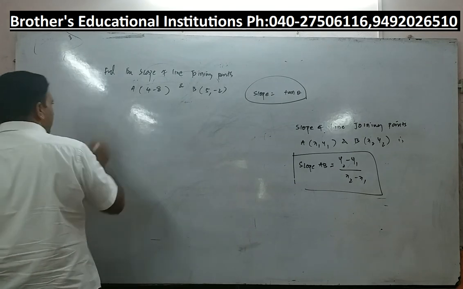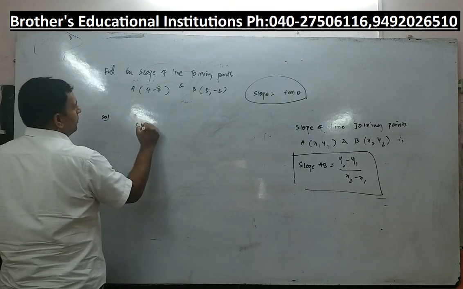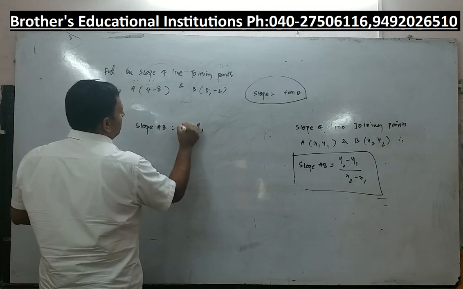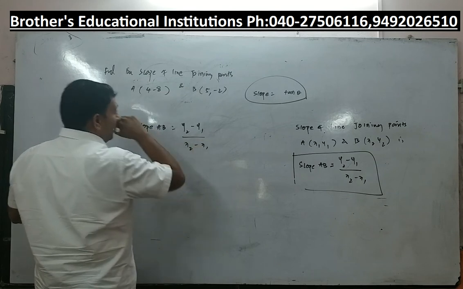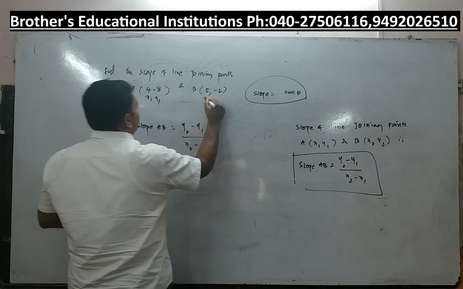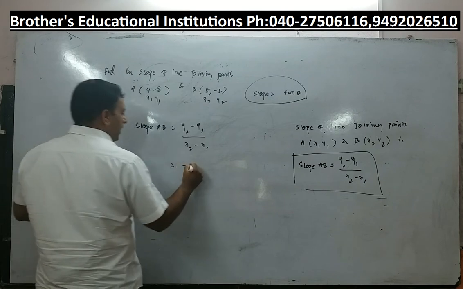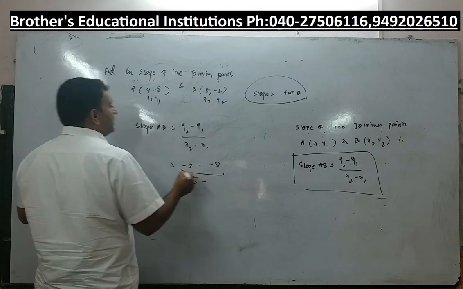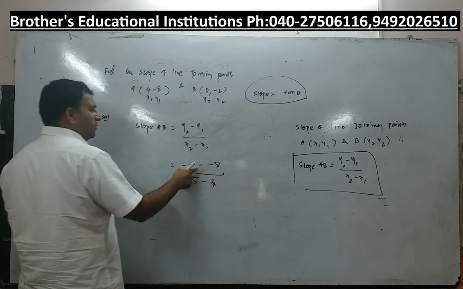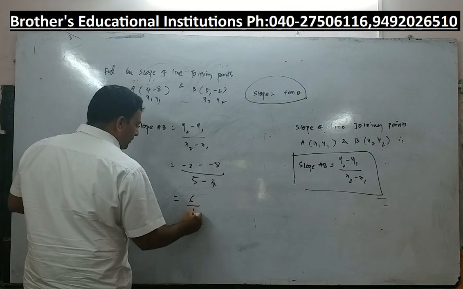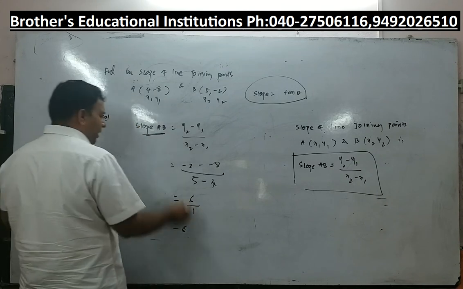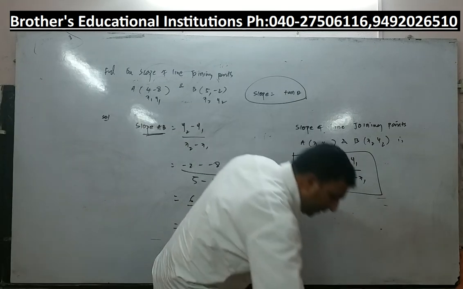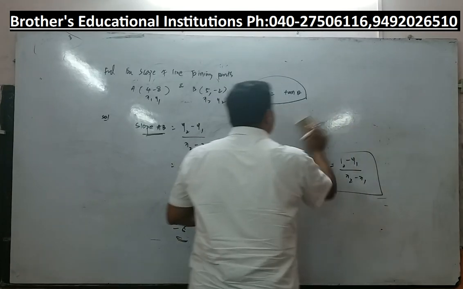Let us try to take this numerical. Solution. Slope AB is equal to the formula (y2 minus y1) by (x2 minus x1). Sir, what is this? x1, y1. What is this? x2, y2. So what is y2? Minus 2. Minus what is y1? Minus 8. By what is x2? 5 minus x1. x1 is 4. Minus minus plus, 8 minus 2 is 6, by 5 minus 4 is 1. So what is the slope AB? Slope AB is equal to 6. Is it not a number? It is a number. Like that we will take one more numerical, and that's how the slope is calculated.